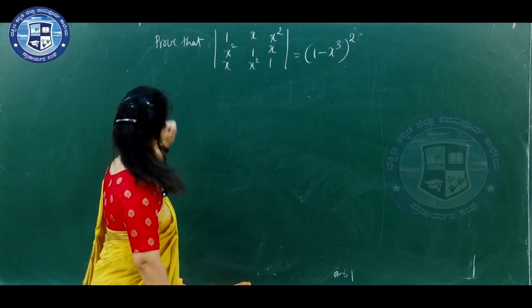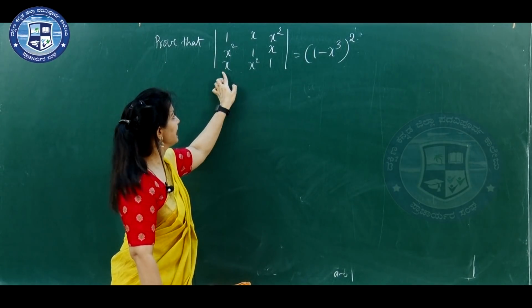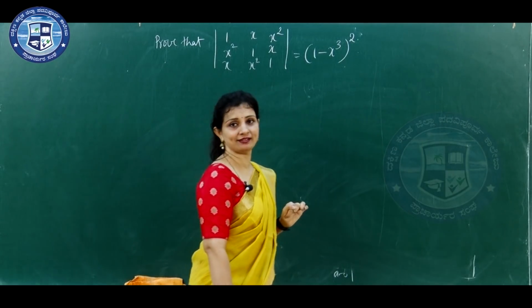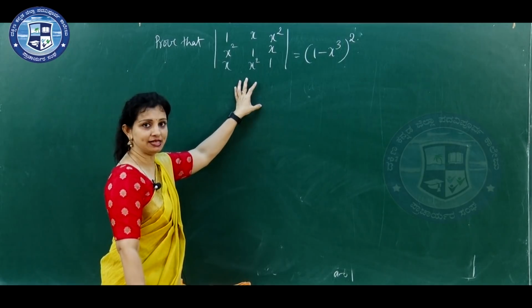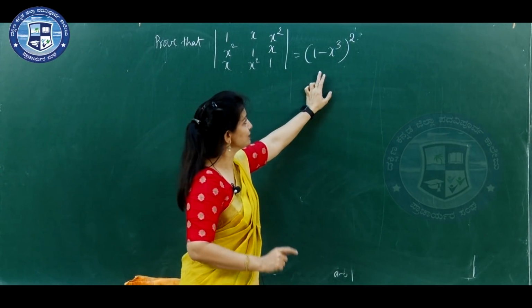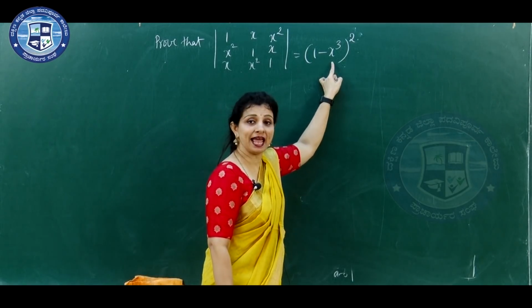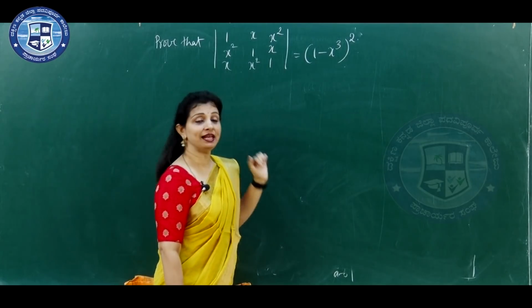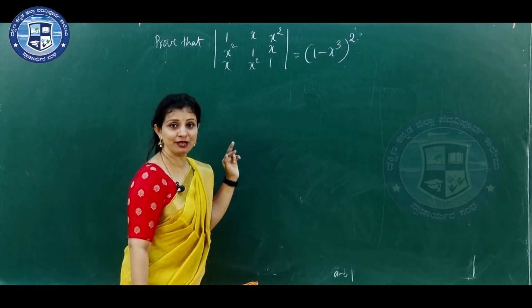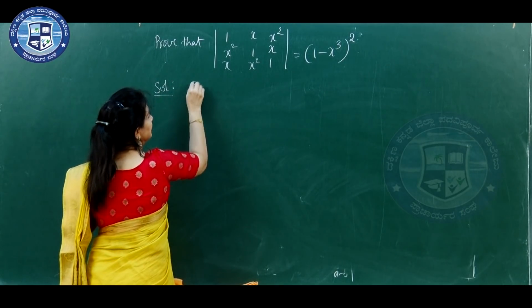Look at the next question. Prove that the determinant of 1 x x square, 1 x x square, 1 is equal to 1 minus x cube the whole square. Okay. So, here is a determinant and we want to know the factors of RHS. So, first we try to simplify this. It is 1 minus x cube, in the form of 1 cube minus x cube, that is in the form of a cube minus b cube. As you know, we can apply the a cube minus b cube formula here. So, first consider the solution, consider RHS.